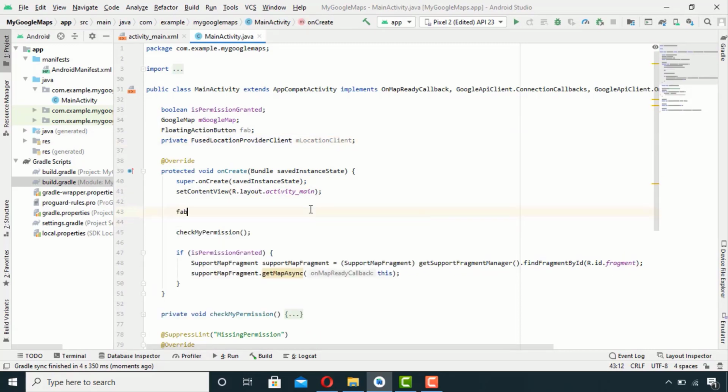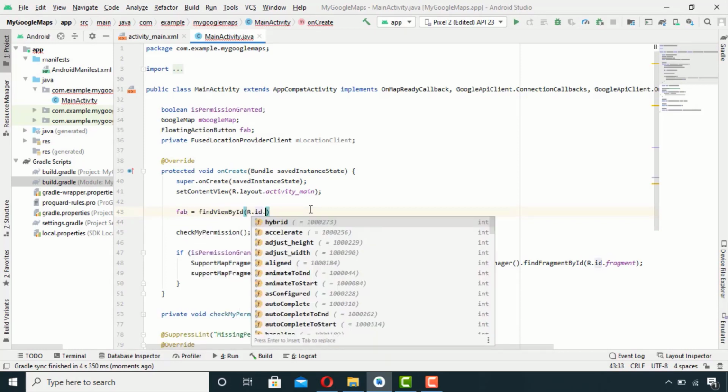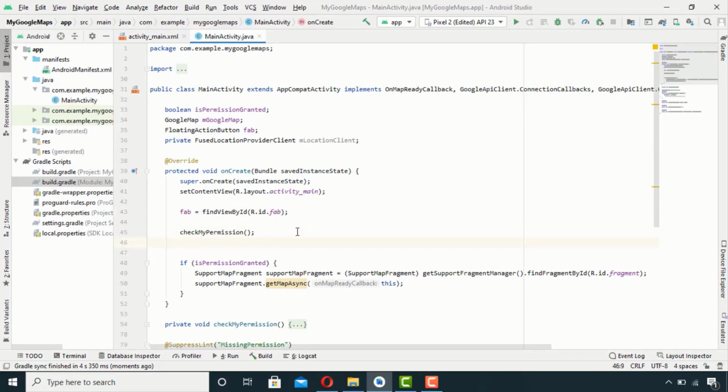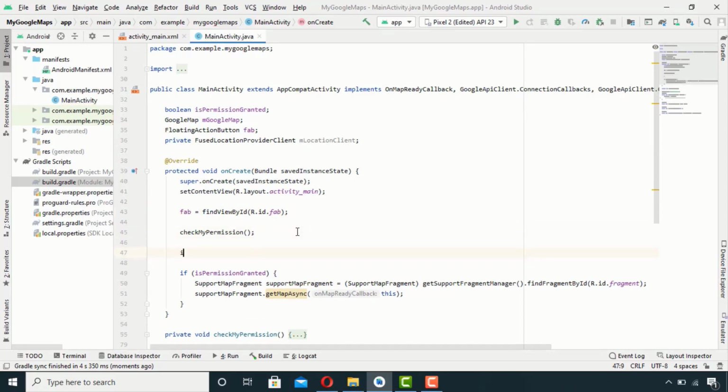Now before the permission check, I will bind my floating action button with its view in the XML file. For optimizing my code, I will declare a method here to initialize my map.